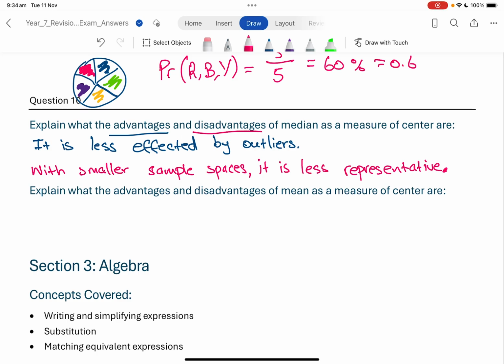The advantages and disadvantages of the mean. Well, for the disadvantage, it is heavily affected. I might be using the wrong affected here, actually. By outliers. And the advantage, I've used opposite colors here, sorry guys. The advantage is that it